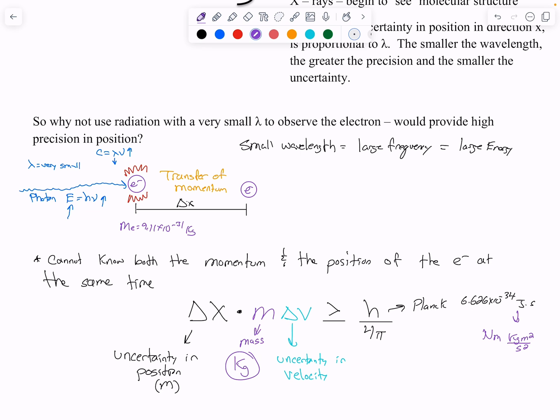Now, fortunately, h is a very tiny number. So this is only evident in very, very tiny particles and subatomic particles like electrons. All right. So, for example,